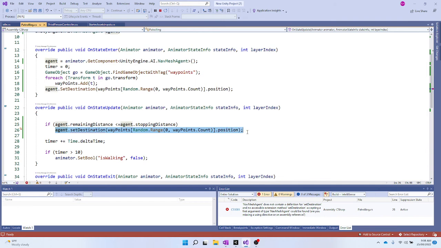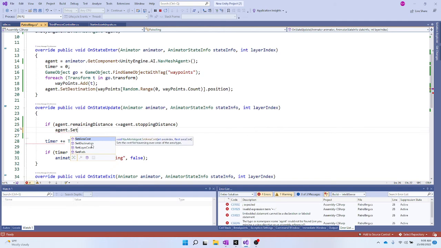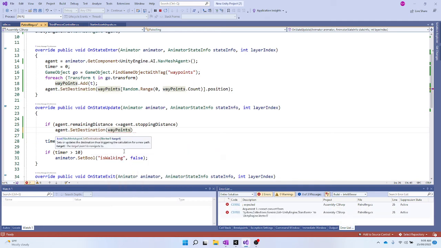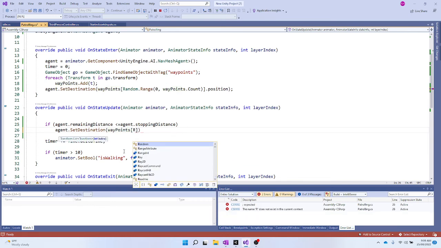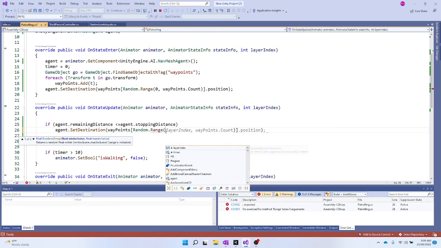So it's the agent.setDestination. So we can start writing it again, agent.set. And now it's coming up with that set destination thing. Set destination, open brackets, waypoints, and you can see it's coming up with the IntelliSense for that. As soon as it's not coming up with the IntelliSense, we know that there could possibly be a little problem with it. And this is that square brackets, random, and you can see IntelliSense comes up with the random, which is good. .range, there it comes up, .range, and then we've got open brackets, open brackets, and we can say